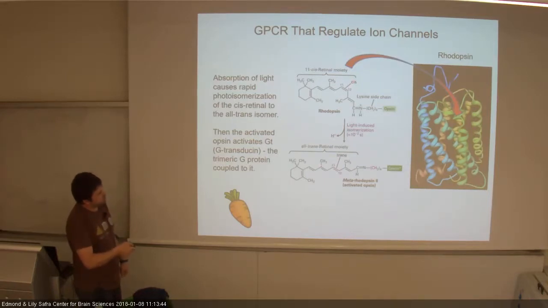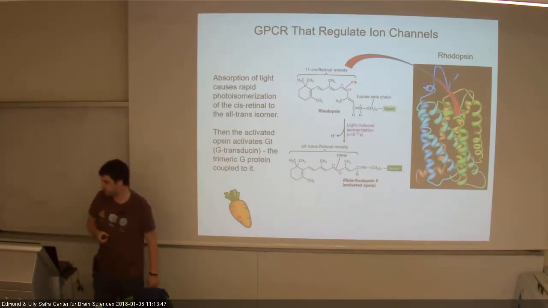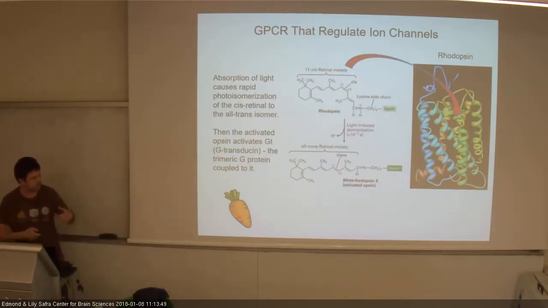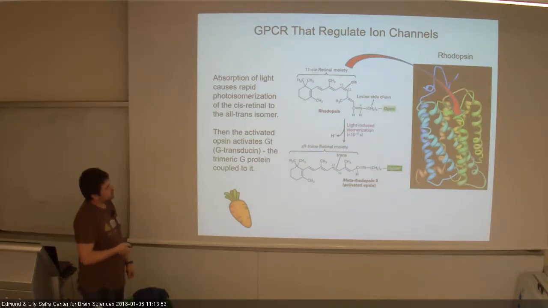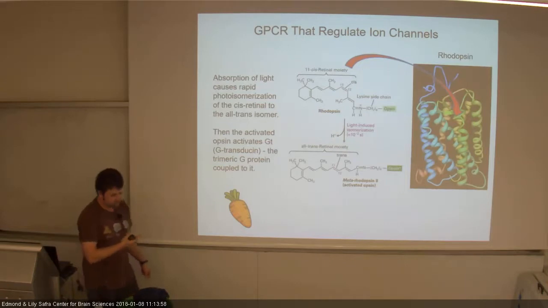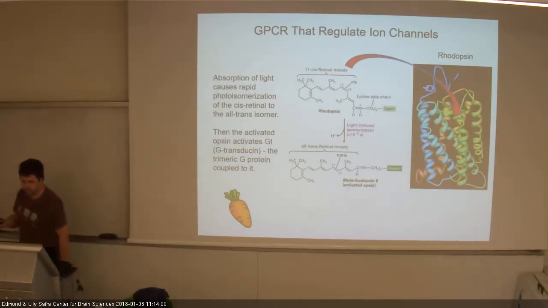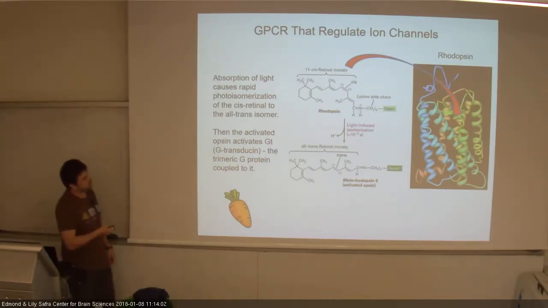And this conformational change is like the ligand binding that we saw in the previous example. It causes a secondary conformational change in the rhodopsin protein itself. And this conformational change is what allows the G protein to bind to this receptor and start